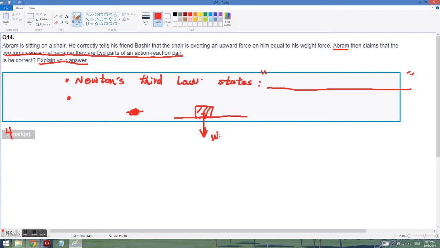The common misunderstanding of this question is that I label this as weight and this as F, and they should be the same. But the action reaction pair should be